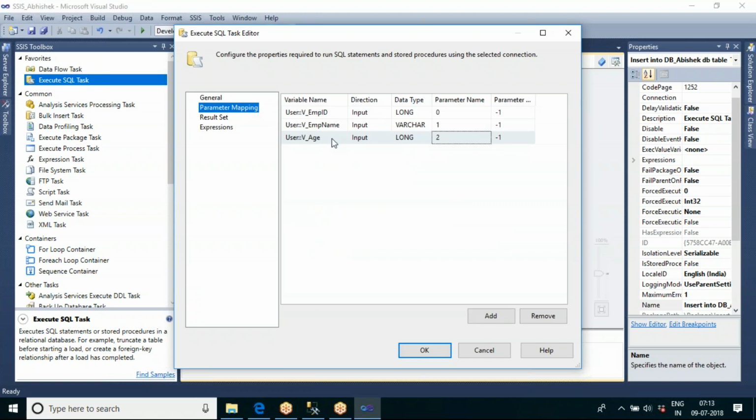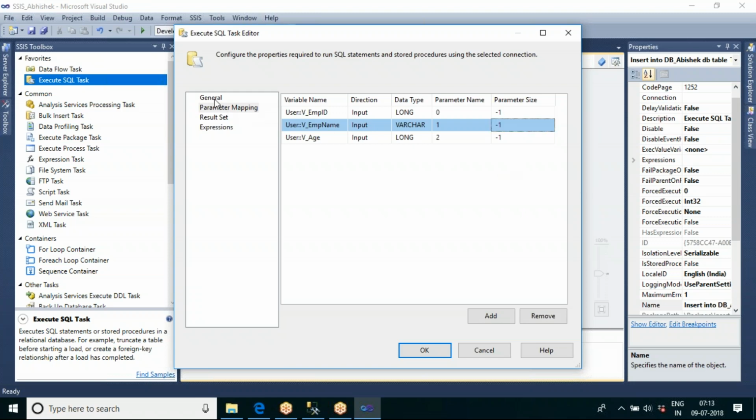That's it. And the last one is parameter size. Whether it is long is okay. Varchar means varchar 20 or 30 or 40. Minus 1 means max, so however big the name is, it will take it if you put it as -1. Or if you want to change it to varchar 20 or varchar 30, it's your wish. But better to leave it as -1 only.